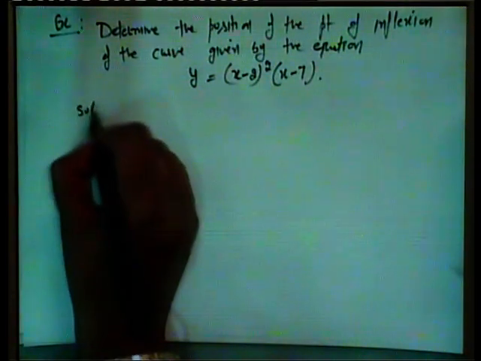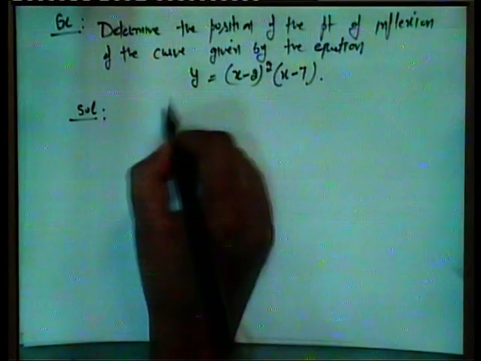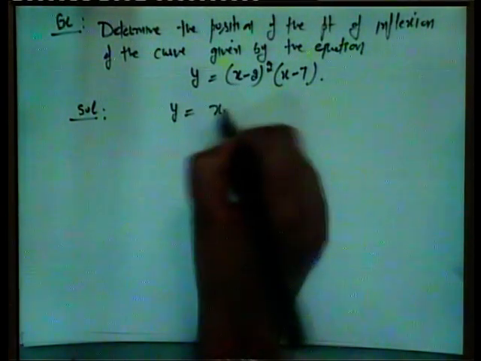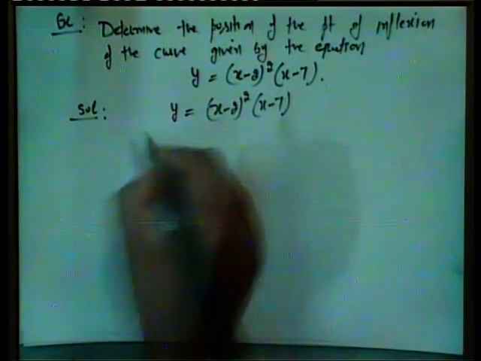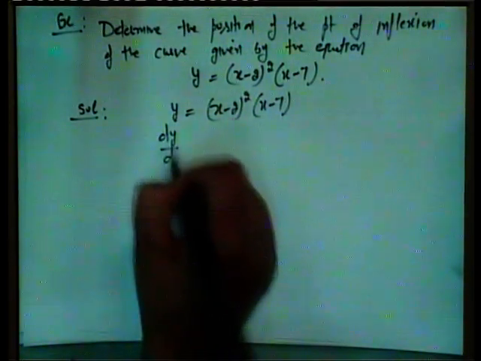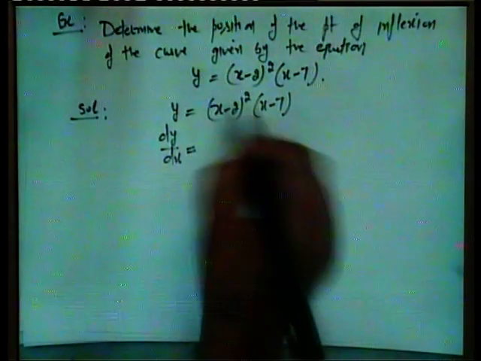We will solve this question. y is (x minus 2) square into (x minus 7). Find dy by dx. Differentiating with respect to x,